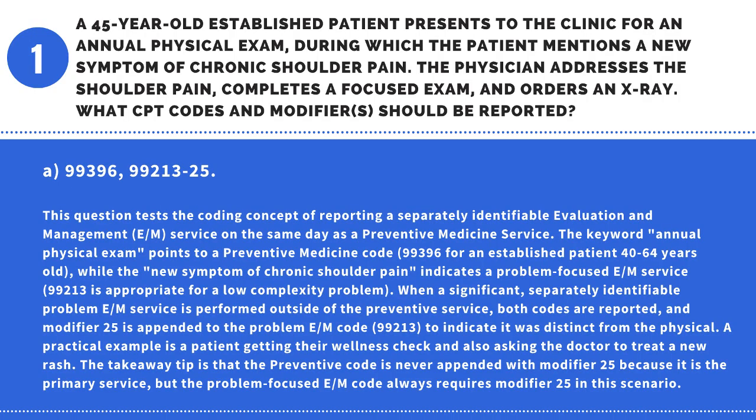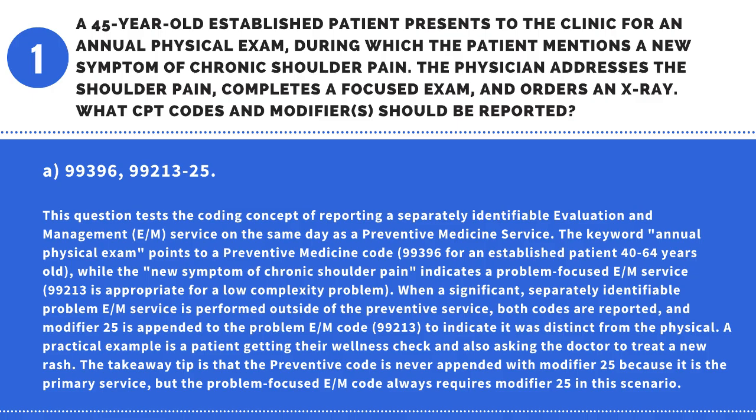Answer. A. 99396, 99213-25. This question tests the coding concept of reporting a separately identifiable evaluation and management (E/M) service on the same day as a preventive medicine service. The keyword annual physical exam points to a preventive medicine code 99396 for an established patient 40 to 64 years old, while the new symptom of chronic shoulder pain indicates a problem-focused E/M service. 99213 is appropriate for a low-complexity